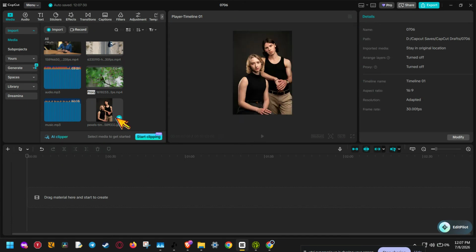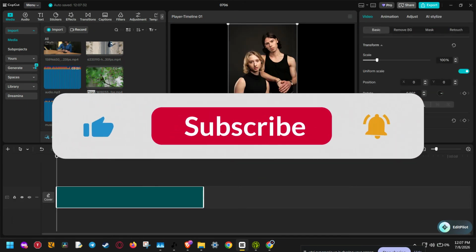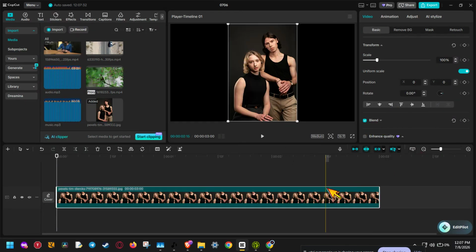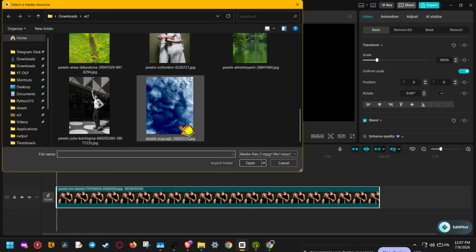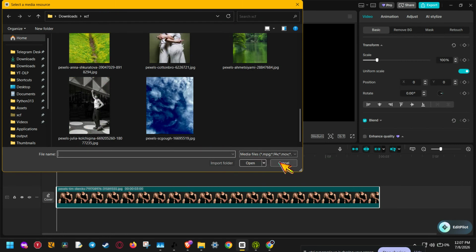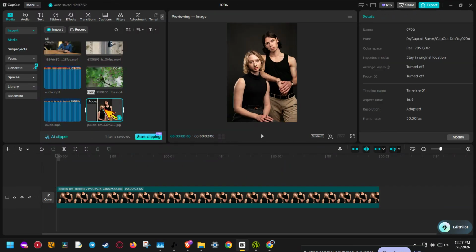Let's jump in. First, open CapCut on your computer and start by clicking Create Project. This opens a new editing workspace where you can begin building your video or image edit. Once the project is ready, look for the import button and bring in the photo you want to convert into anime. You can also drag and drop the image directly into the media area if that feels faster. After the photo appears in your media pool, drag it down onto the timeline so it becomes the active clip